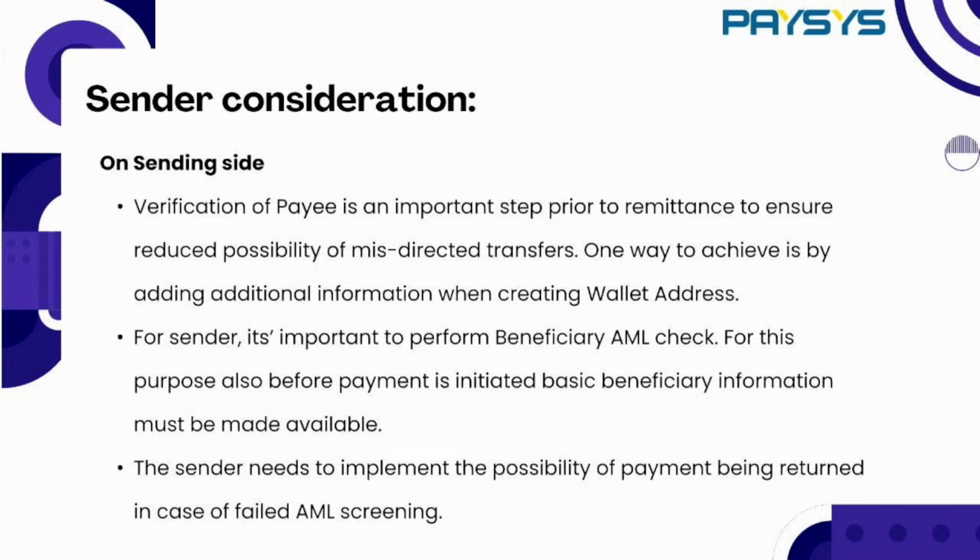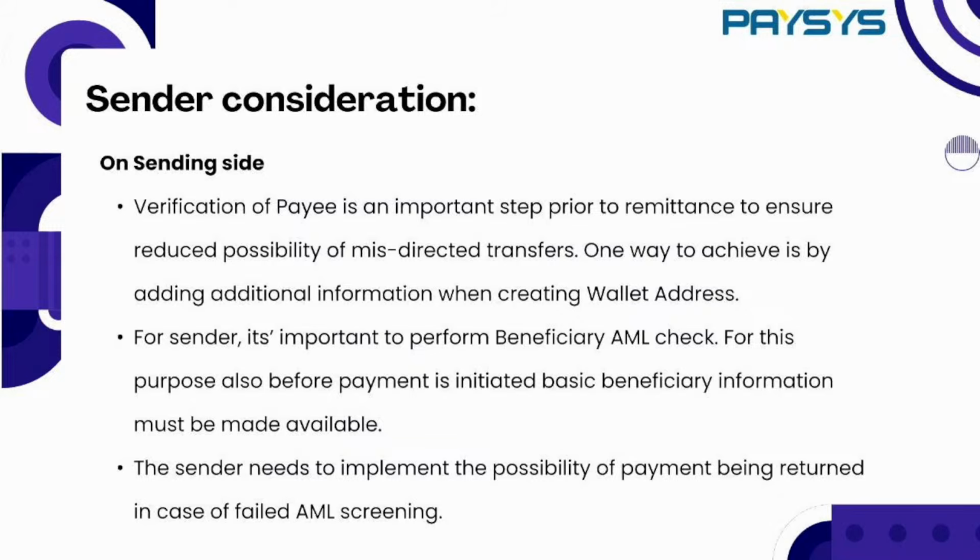So it's very important, if we are creating a large number of wallet addresses, because people can mistype things. So while creating the wallet address, we have attached some metadata to it. Now we see that in the APIs which are given by ILP, the Rafiki instance, the create wallet has that option. But standardization of that, when we are using it for remittance, is important because most of the financial